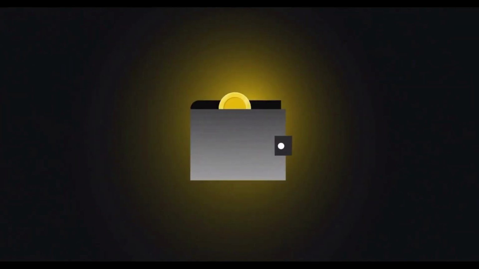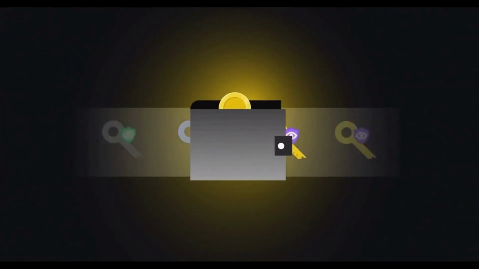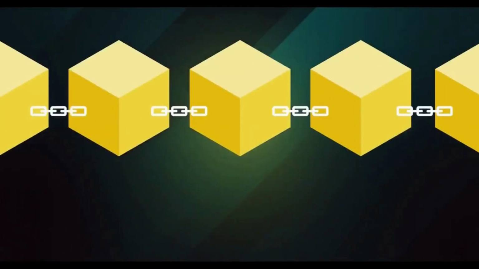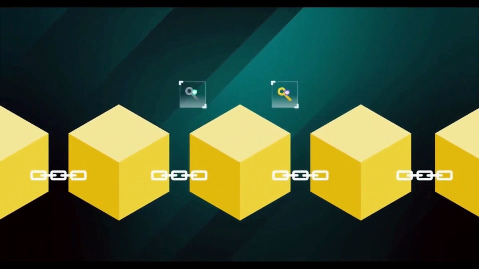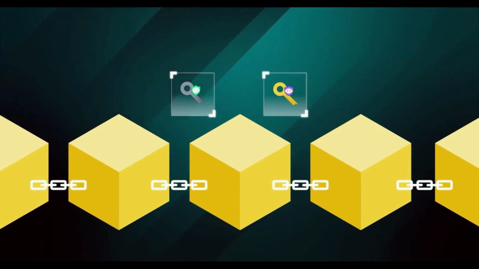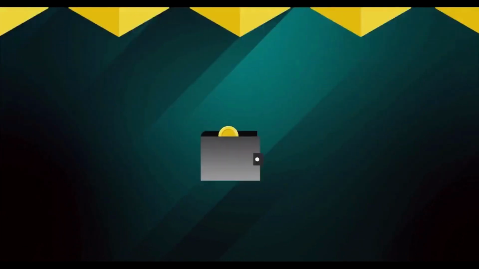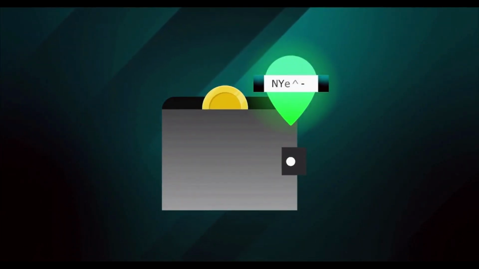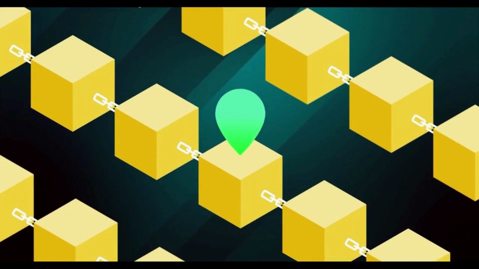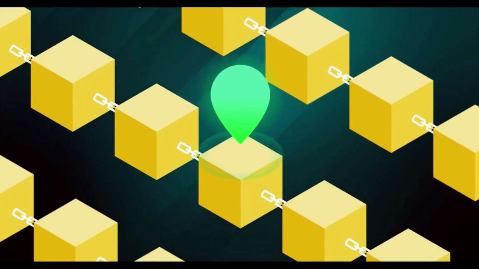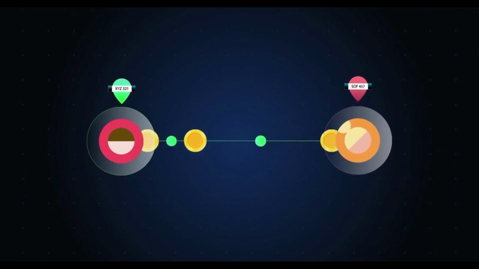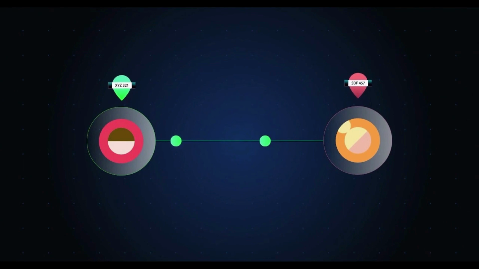Such information includes, but is not limited to, one or more pairs of public and private keys. You may recall from our Blockchain Fundamentals course that public and private keys allow you to send and receive crypto without requiring a third party to verify the transactions. Your crypto wallet also generates an address, which is an alphanumeric identifier that is created based on the public and private keys. In essence, such an address is a specific location on the blockchain records to which tokens can be sent. This means you can share your wallet address with others to receive funds, but you should never disclose your private key to anyone.